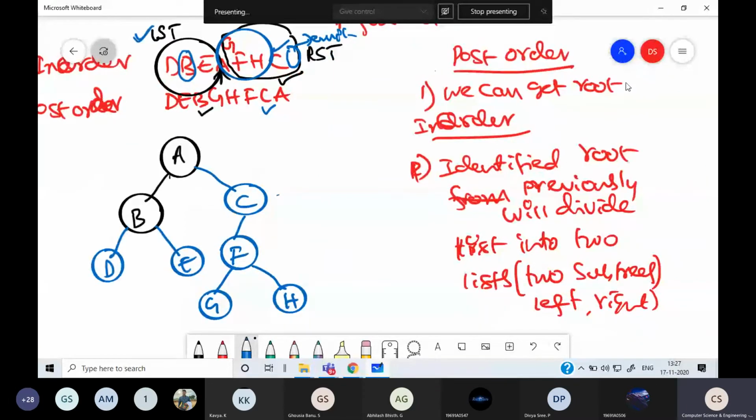Here we can get the root, which is the last node in the list. Now, if it is pre-order, it will be the first node. Otherwise, it is the same. So if you are given in-order and pre-order, the only change we have to make is to identify the root from pre-order, which is the first node. So I'll try it again with pre-order so that it will be a revision.